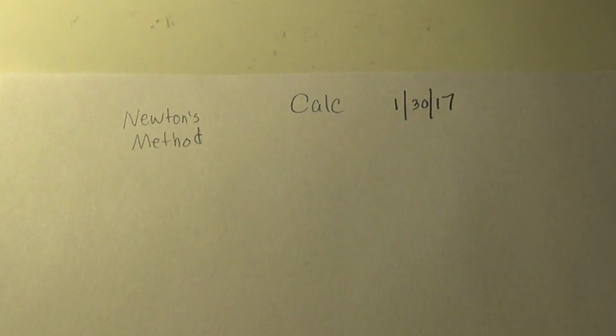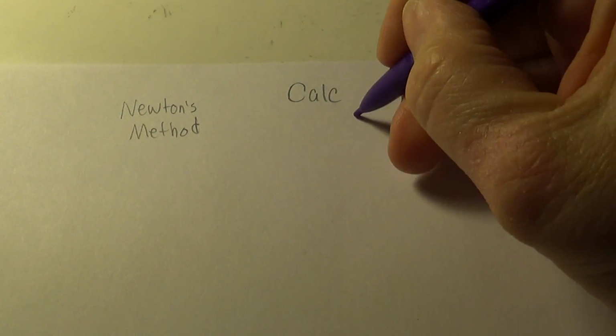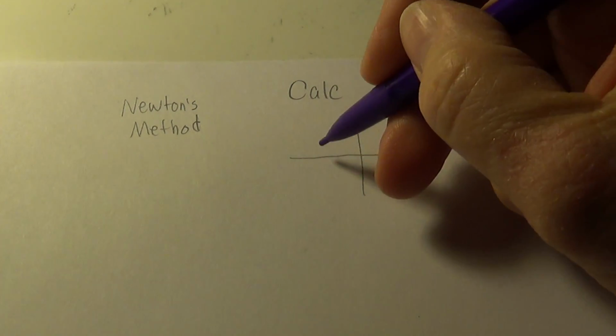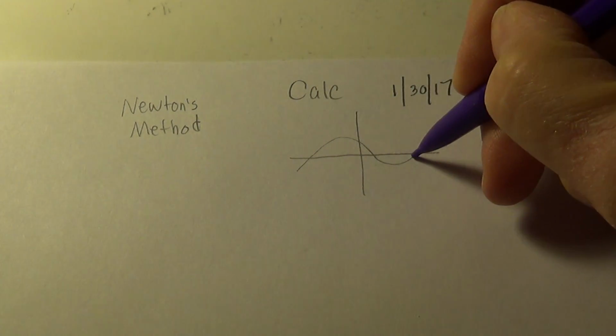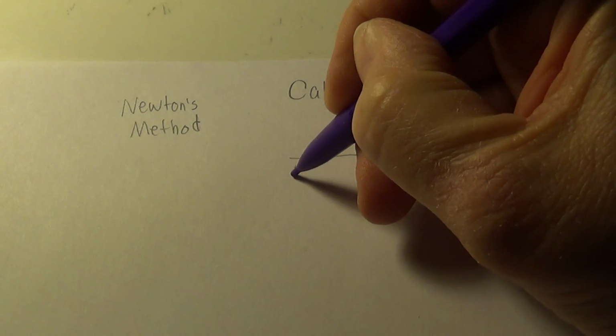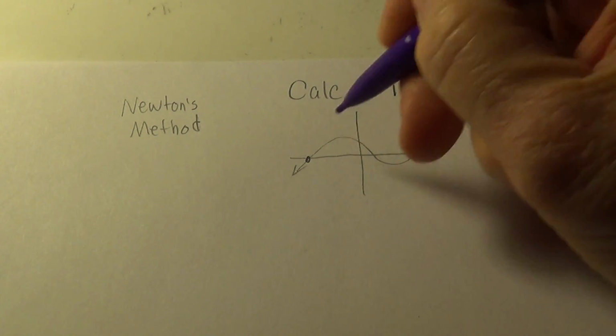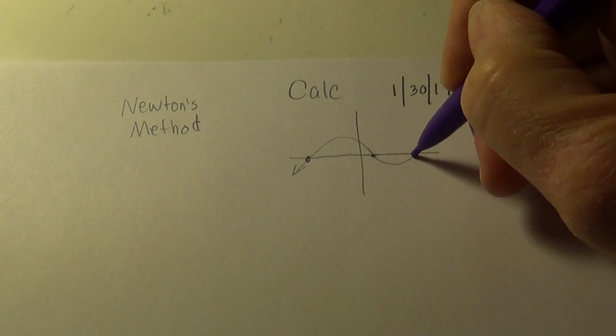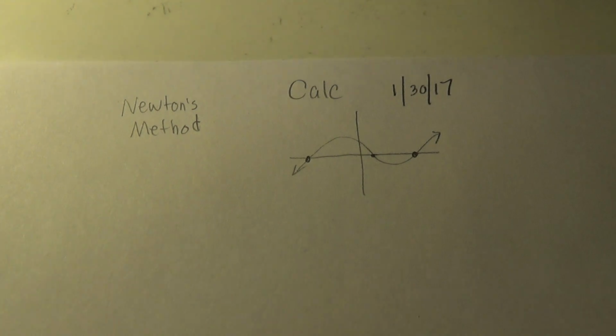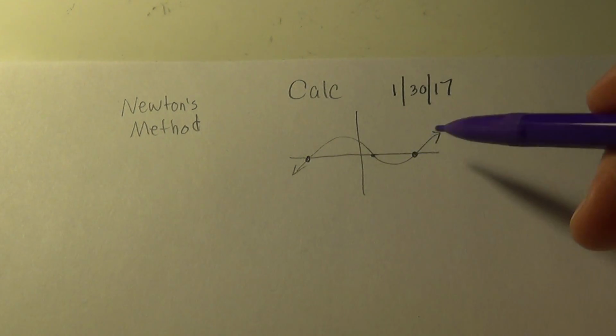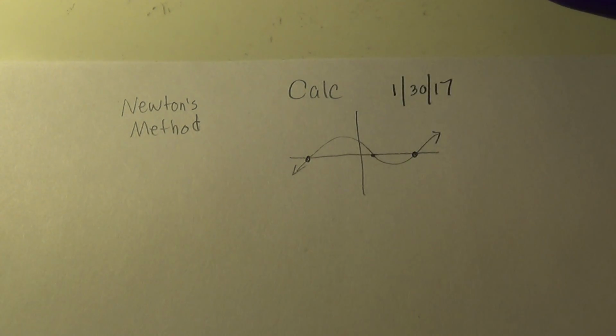Alright, what he wanted to do was find a way to approximate roots of equations, solutions. So if you have a function like that, this is a root, that is a root, that's a root. It's sometimes called zeros and sometimes called root solutions, and that's what we're looking for, where the function crosses the x-axis. And he came up with a method that used tangent